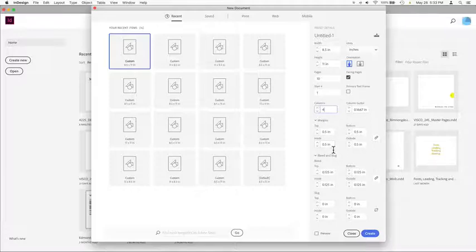My margin is going to be at 1/2 inch, and then again the standard bleed is 0.125 of an inch or 1/8 of an inch outside the actual document. I'm going to hit create,